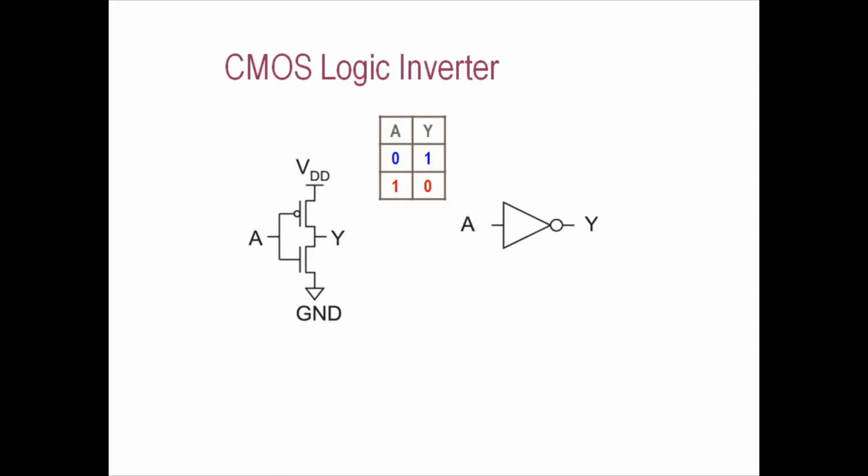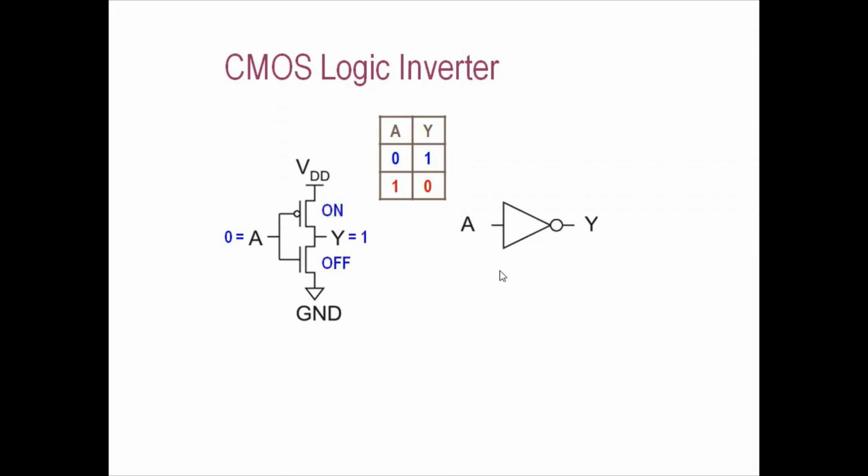The basic CMOS logic gate is the inverter. The inverter uses this PMOS in the pull-up and this NMOS in the pull-down. So when my input A is 0, my PMOS will be on and I will get the output Y equal to 1 through this path from VDD to Y. And when my A is 1, then my PMOS is going to be off and my path gets completed to the ground through the NMOS because NMOS is on, and hence what I'll get at the output is 0. So the basic gate of my CMOS logic is my inverter gate.